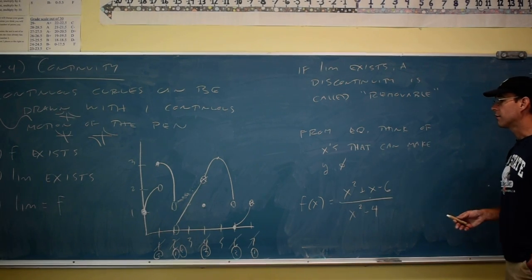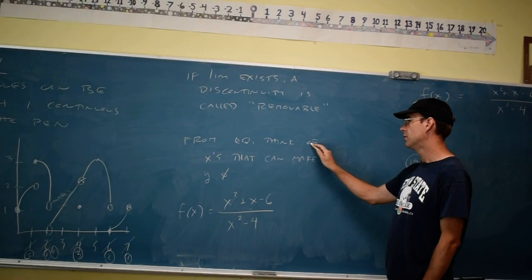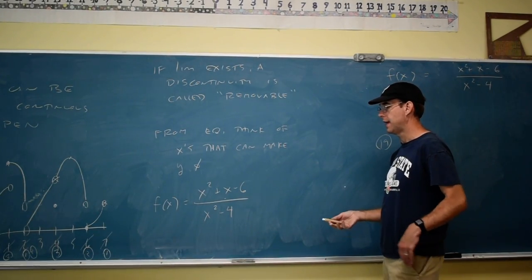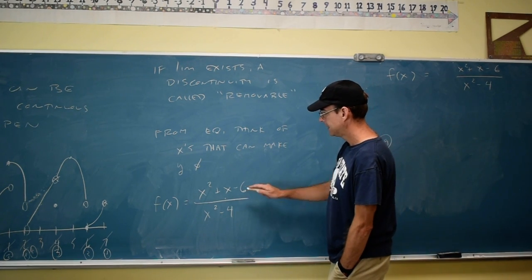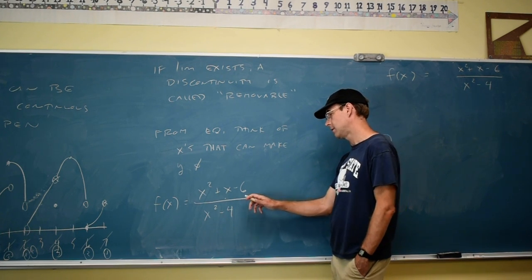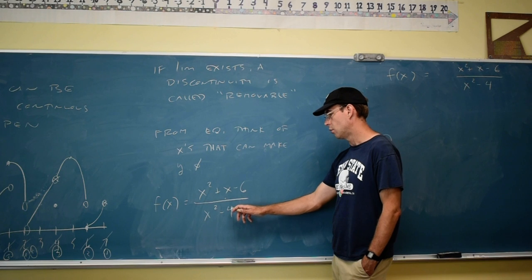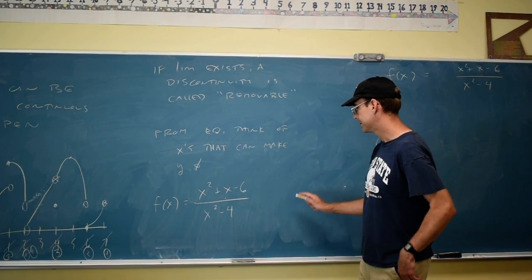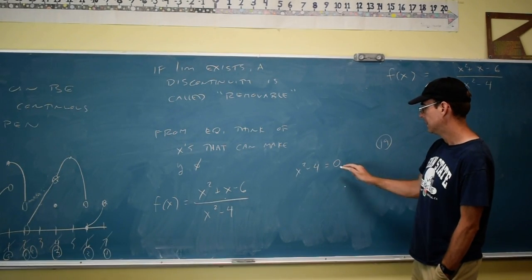Some of the homework won't work from graphs, they'll work from equations. So if you're working from an equation, what you have to do is think of some x's that can make the y, or the f of x, be impossible. So something like this, you can tackle this one of 2 ways. Fractions, you remember hopefully that you're not allowed to have the bottom 0. So one way to tackle this is just figure out what could make the bottom 0. So you could either set up an equation like this, equals 0,